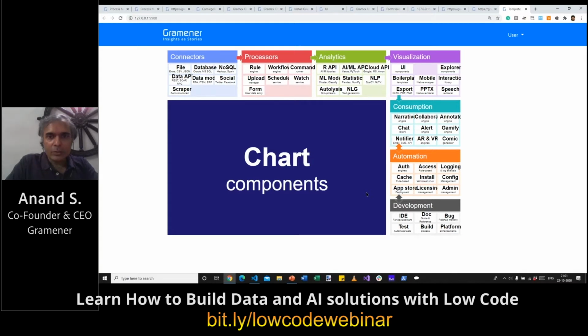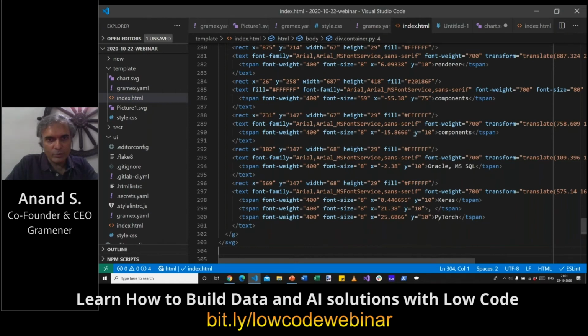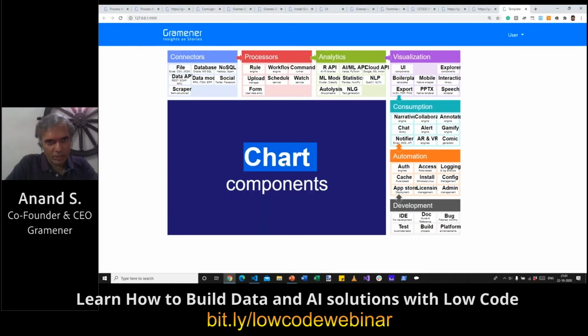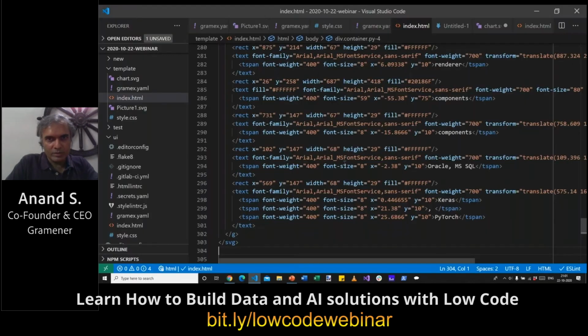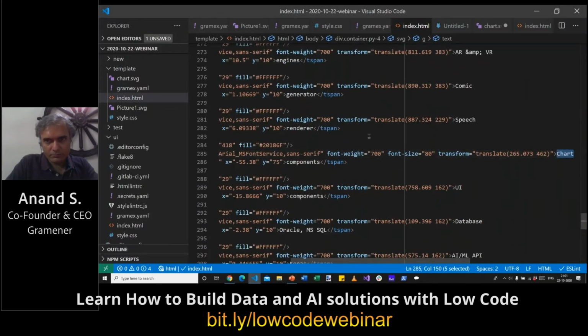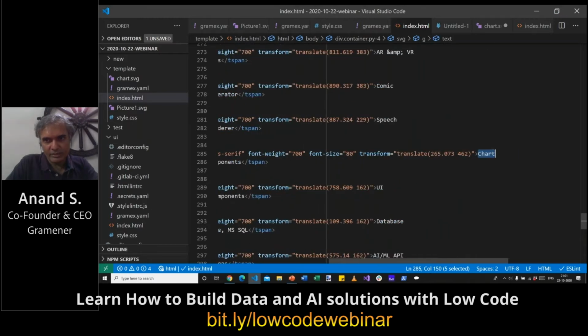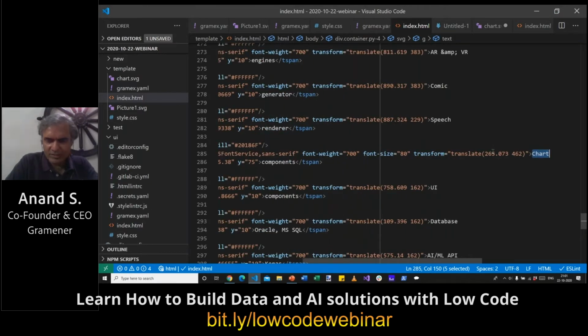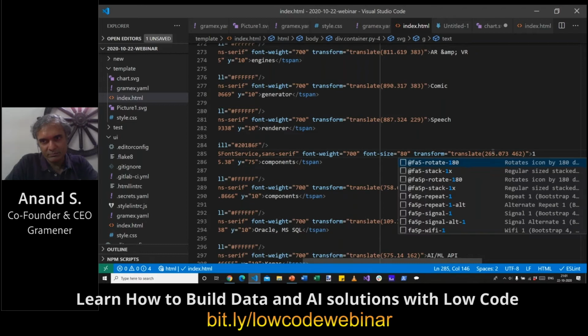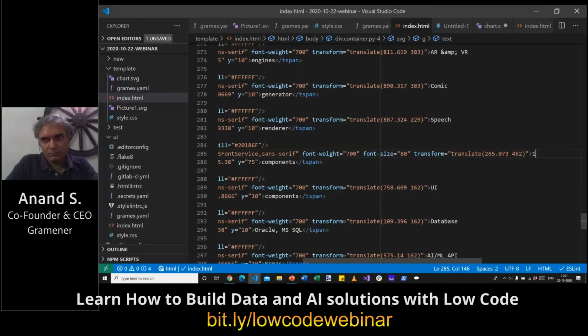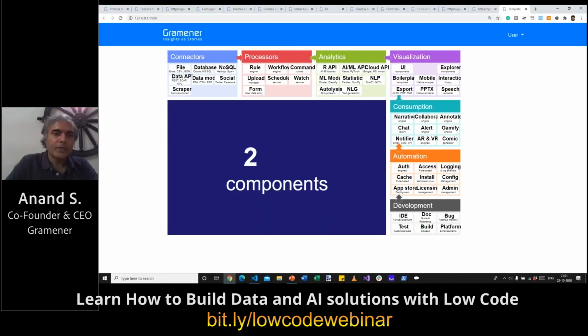So let's assume that we have some data. Let's say we want to replace this chart with something that comes from data. So let's search for the word chart. And this is where it is. So let's say I want to replace this with, let's just pick some numbers. I want to replace it with 1. So that's become 1. 2, that's become 2. How can we make this dynamic?